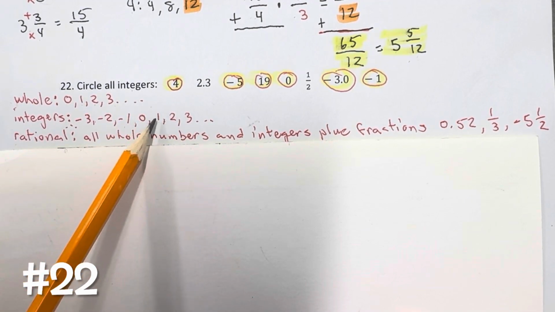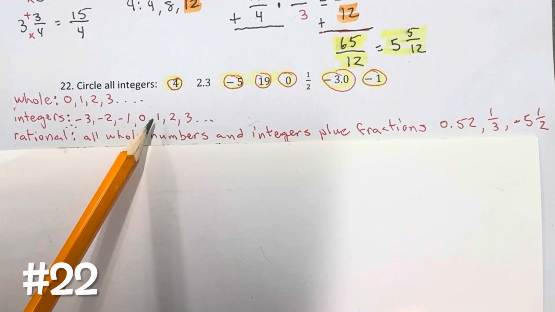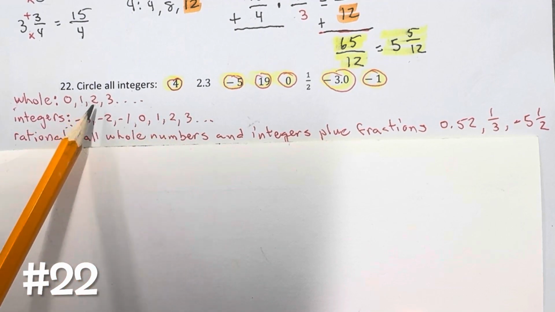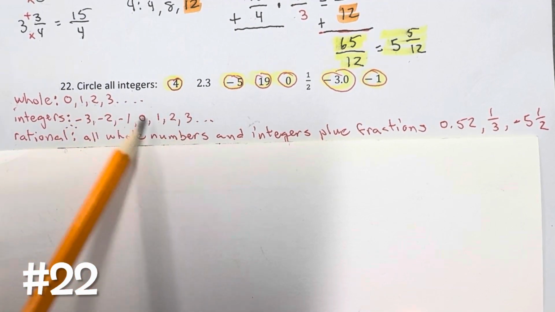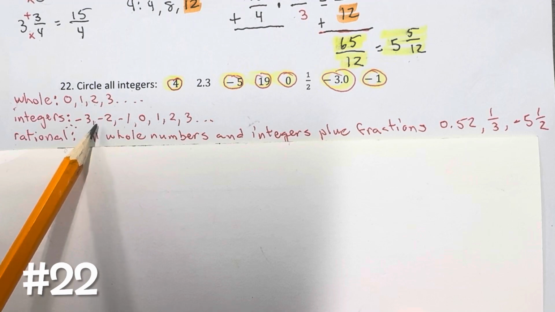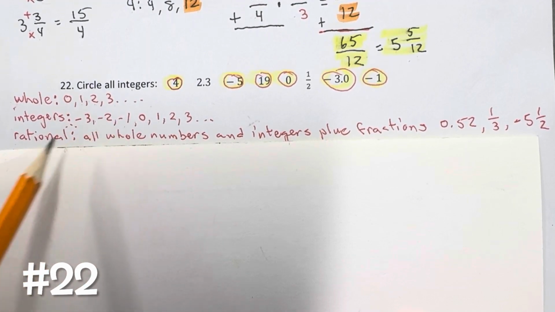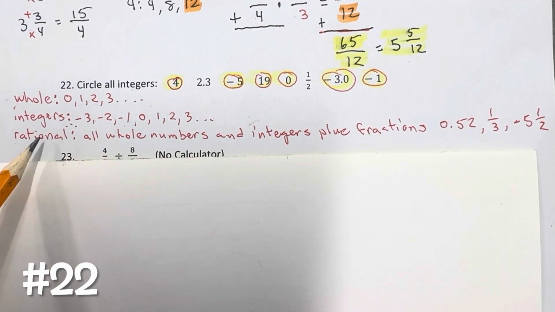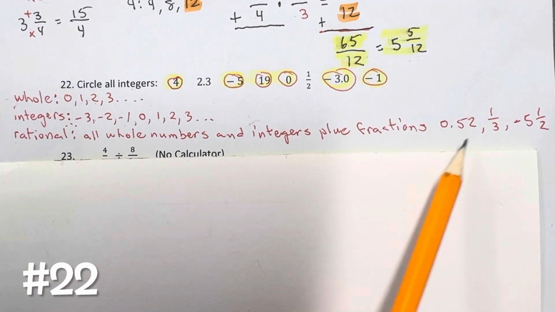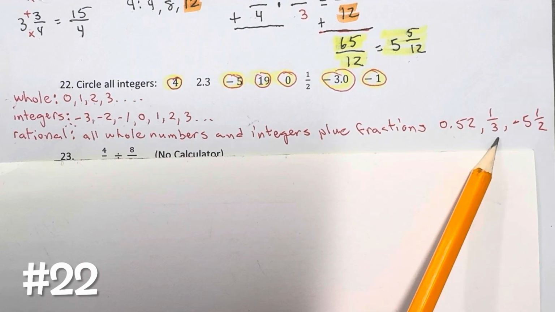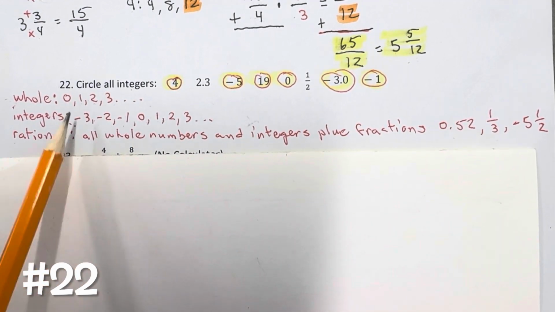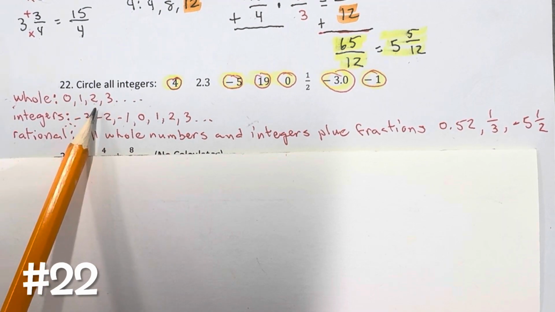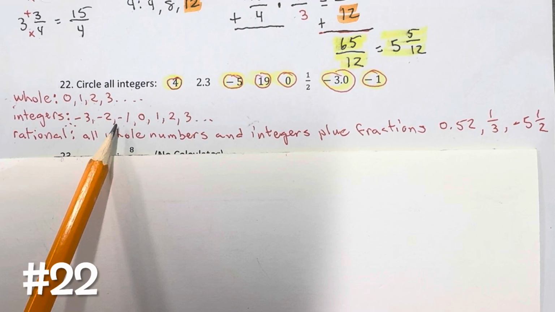I can't have a fraction. I can't rip a dollar bill in half and try to use that. So whole numbers are whole dollar bills, integers are whole dollar bills and their opposites, owing dollar bills. And then rational numbers are all whole numbers, integers, and any number that you can write in decimal form or as a fraction. So, because whole numbers can be written as a fraction, for example, 3/1 or 2/1, and integers can be written as a fraction,